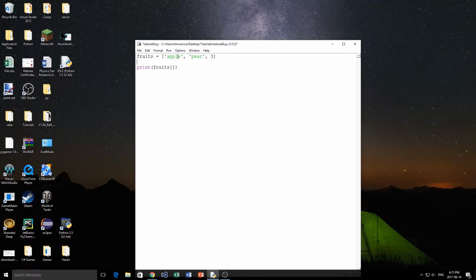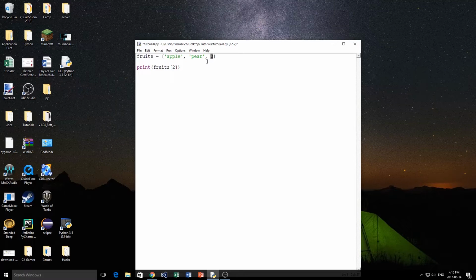Now, it may seem weird that we start at 0 instead of 1, but that's just the way that computers count and the way that they work. So we have to understand that apple is going to be assigned the integer value of 0, so the indice 0, meaning I would put 0 in here if I wanted to access apple, because that's the first element in our list. And then we have pear, so that's the second element or item. Now that's actually going to be represented by 1 here. So fruits 1 will give us the value of pear,